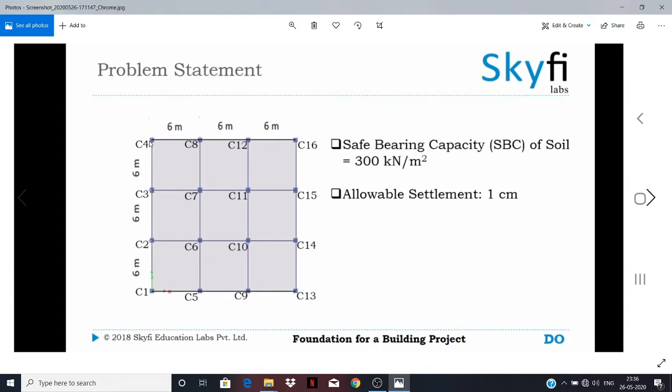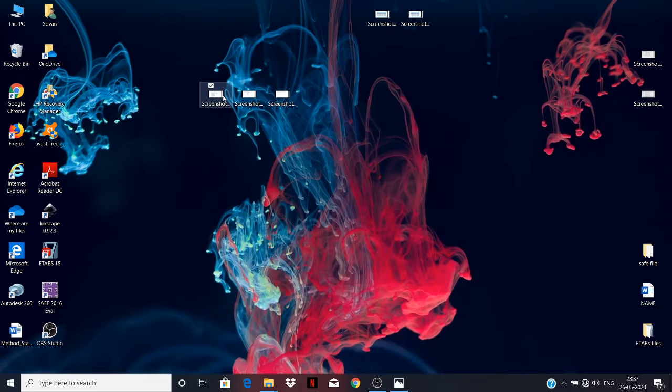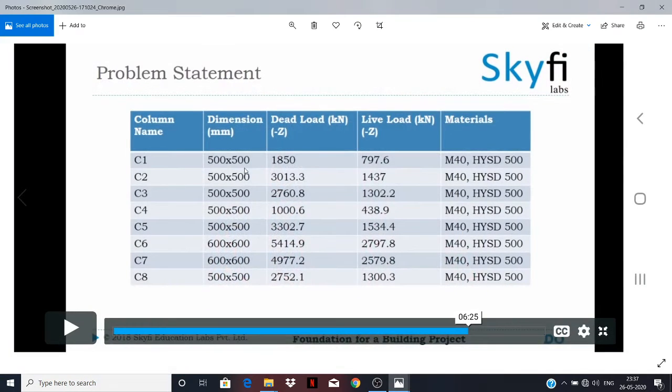This is our project, the building foundation. This foundation we will design. This is column 1, column 2, column 3, column 4, up to 16. The foundation design considerations are a safe bearing capacity of 300 kN per meter square and an allowable settlement of 1 centimeter. Then this column 1, column 2 up to 16 data will be generated in the ETABS